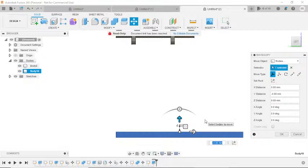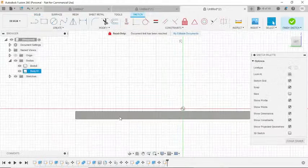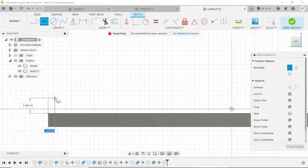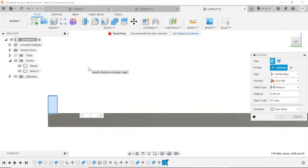About there. Keep that there. Make our origin come back, and then we can start modeling these. So these are going to be 4mm by 2mm, and then we're going to extrude it again by 3mm